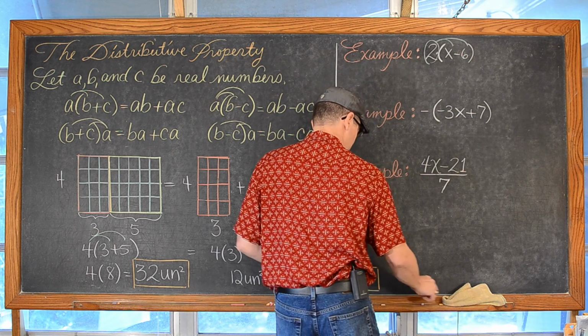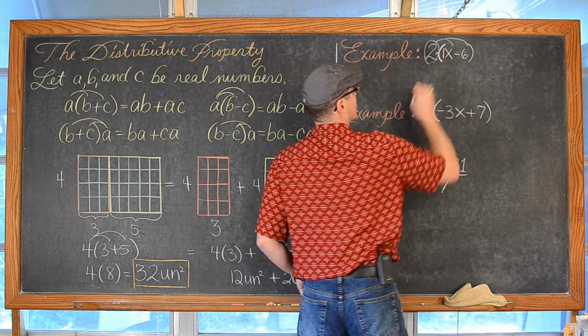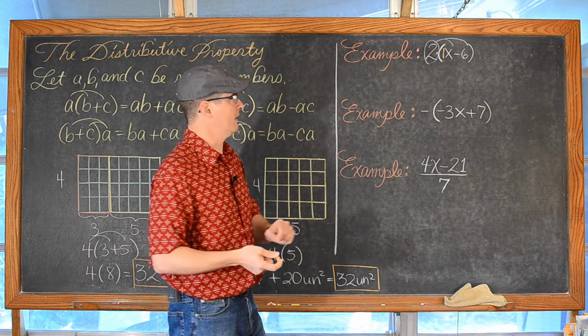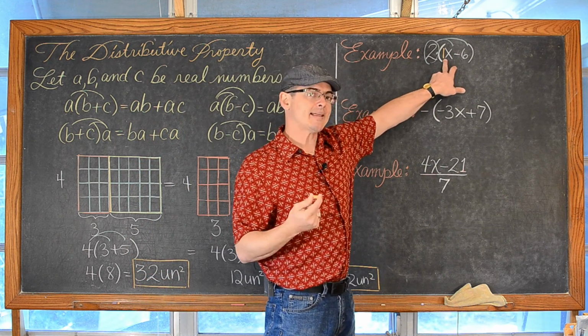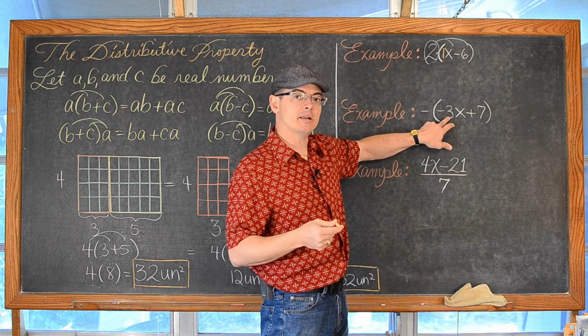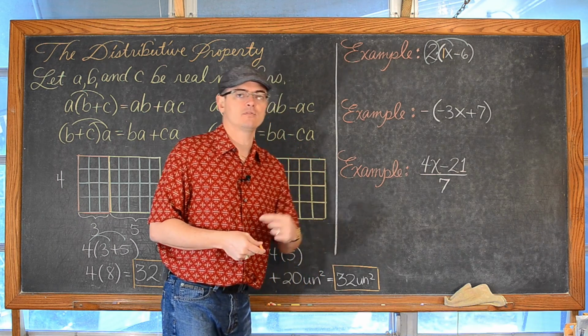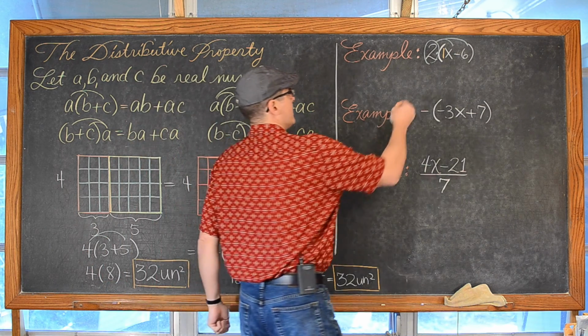And by the way, if you have a variable with no number out front, there is said to be a coefficient of 1. Don't forget there's a 1 there. So you might want to just add that in. And by the way, a coefficient is just a number. It's what we call a number that's sitting in front of a variable or a group of variables. So we have 1x